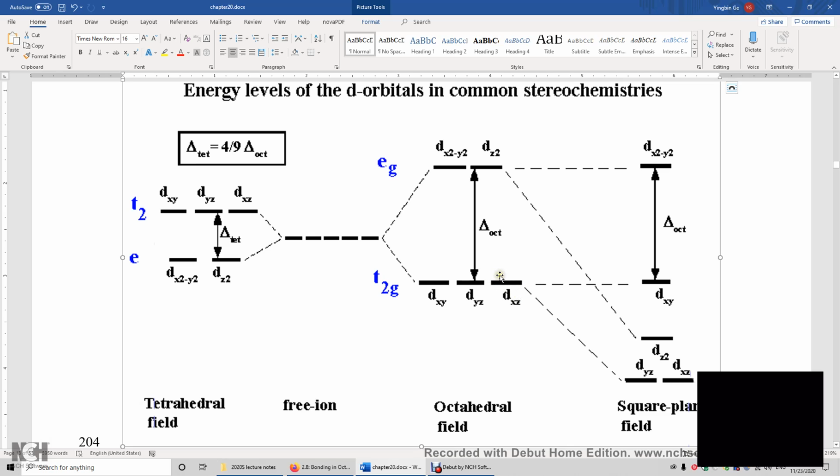Alright? So for a 3d8 transition metal center, when they are bonded to 4 ligands, they still prefer to adopt a tetrahedral structure. Only when you have 4d8 and 5d8 transition metal centers, for example, palladium and platinum 2+,